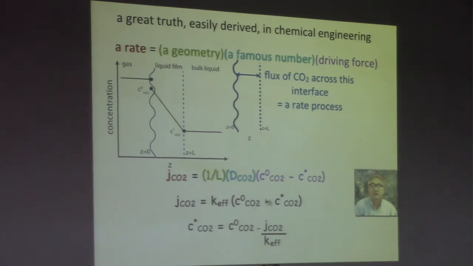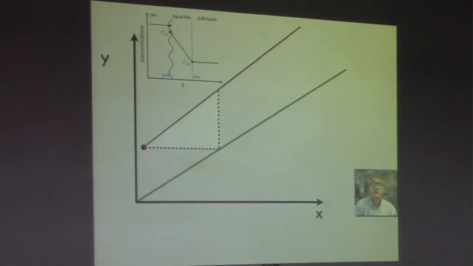And it's this particular expression that can be mapped onto the McCabe-Thiele diagram to show us why mass transfer affects the equilibrium line choice. Here, for example, is a schematic of a McCabe-Thiele diagram, equilibrium line shown in green, Henry's law, and the operating line shown in red. And of course here is a stage one might step off for a situation in which CO